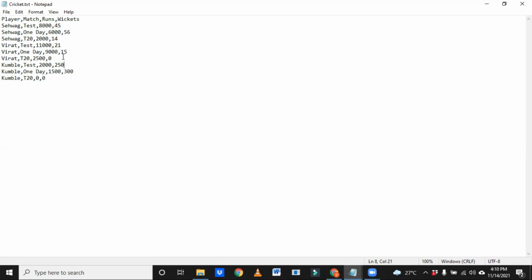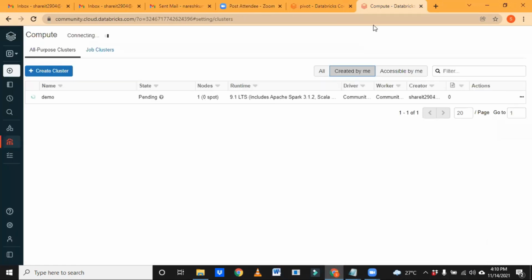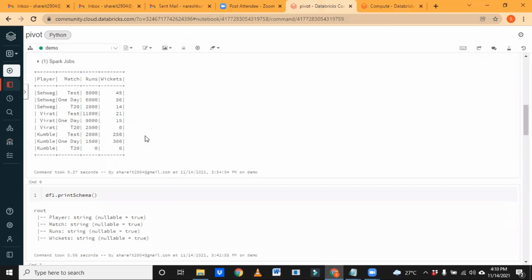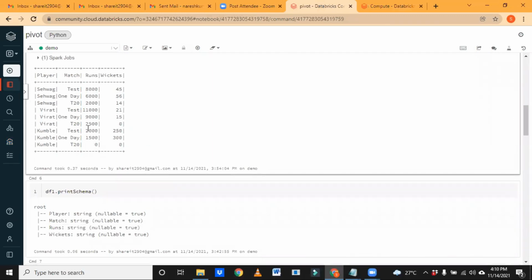To do so, we are going to use one pre-built function in Spark, that is pivot. You might know that, but still, it is one of the interview questions people may ask you. Also, it is a useful function in a real-time scenario. So ultimately, how I want to get the result is like this.